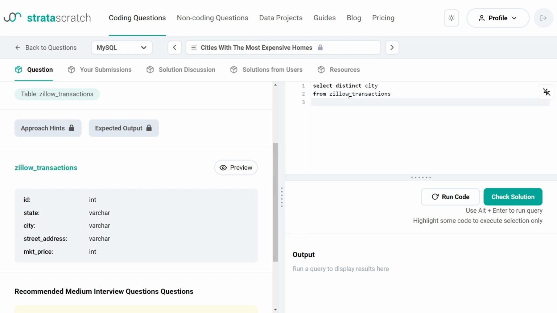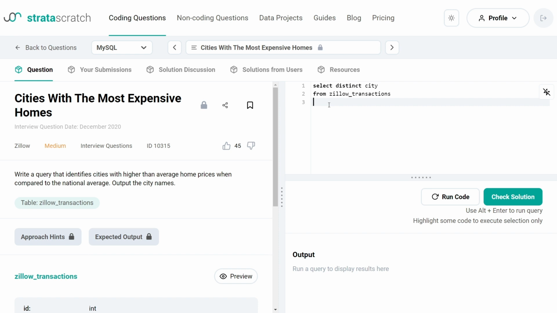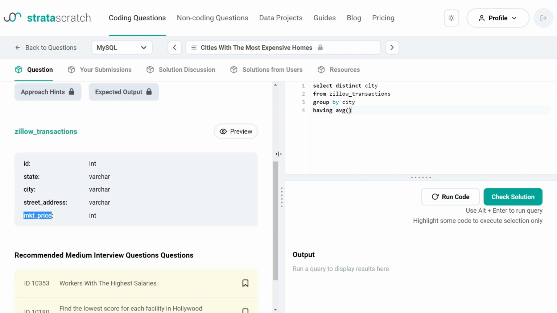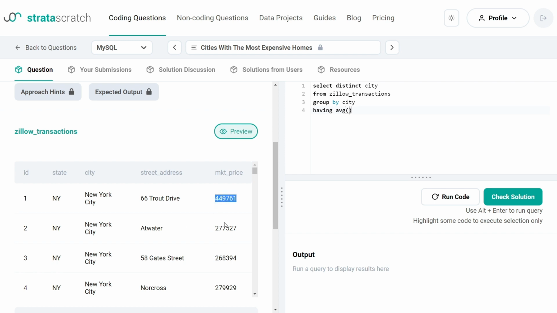Now I can solve this problem with a where condition, but maybe it will not satisfy. Let's solve this problem with a having condition. So I will group by city. Now I will use having average of market price, because as you can see in this table, price belongs only here. So average of market price is greater than